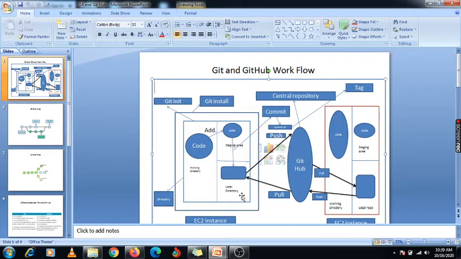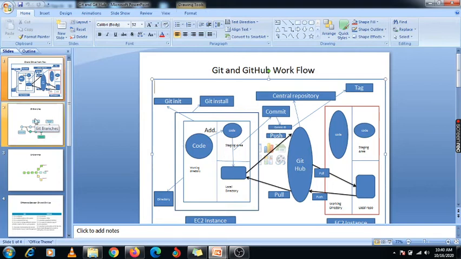on my main EC2 instance, the user can pull, right? Again he needs to pull because the other user has pushed that code from the local repository to the central repository. Now my first EC2 instance, where the first user is available, that user needs to pull that code from the central repository, right? So this is the process we have used for Git and GitHub. GitHub is nothing but your central repository, that is your storage.